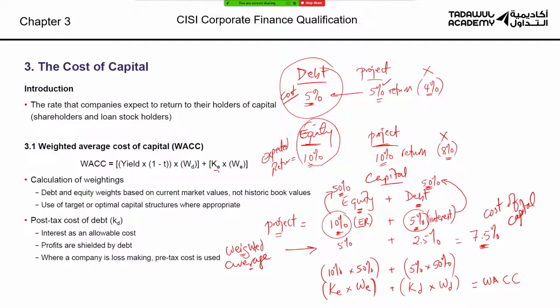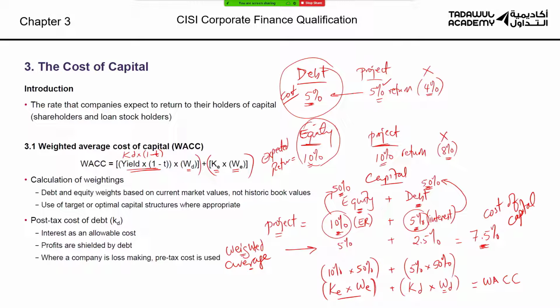The cost of equity times the weight of equity. So this is it. And this is the weight of debt. And the cost of debt here, the percentage yield here, is on the bond, assuming it's a bond. So this is the cost of debt. But what is this thing here? Why did we multiply the cost of debt by 1 minus T? T is tax.